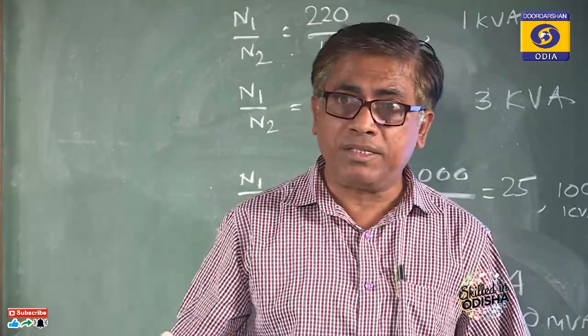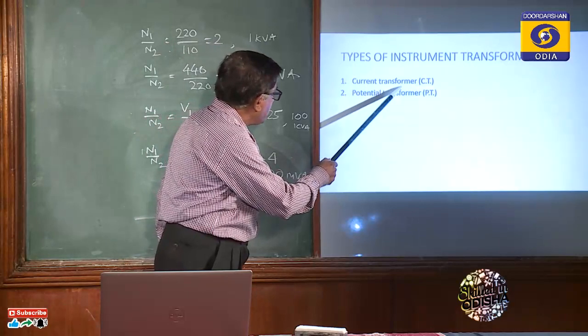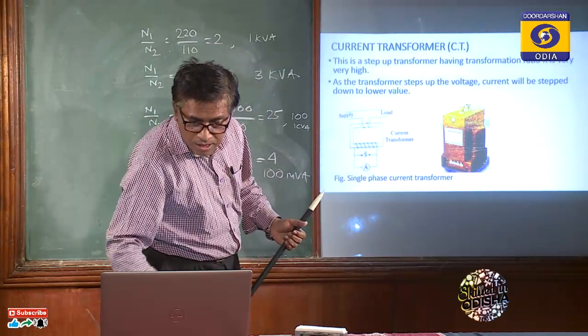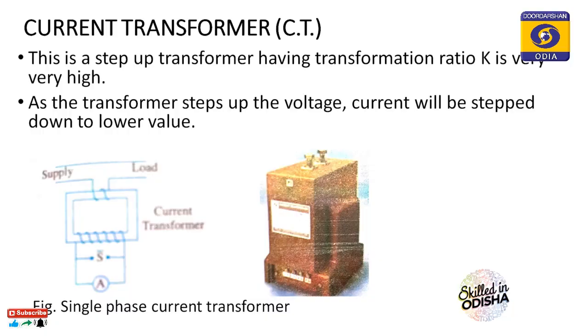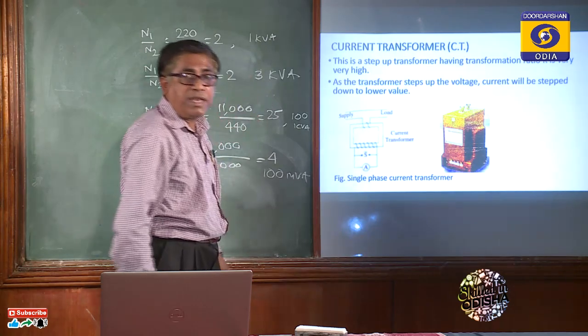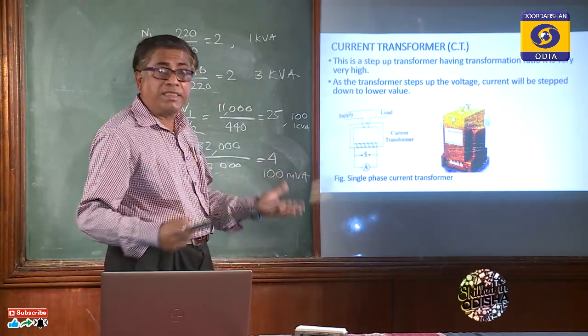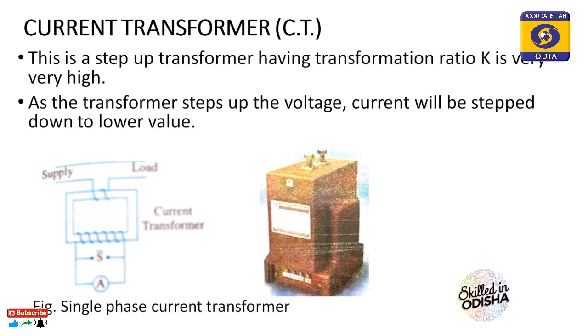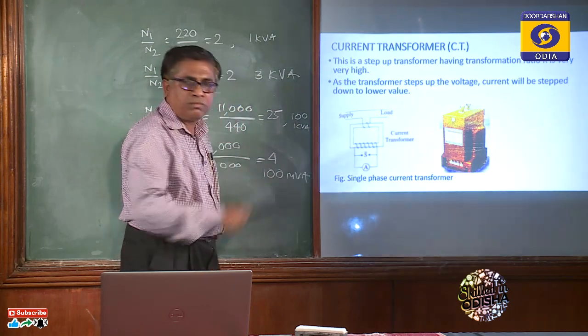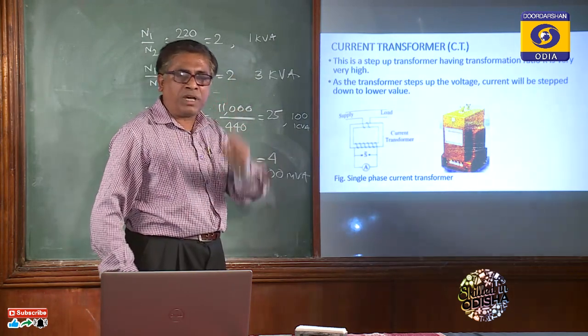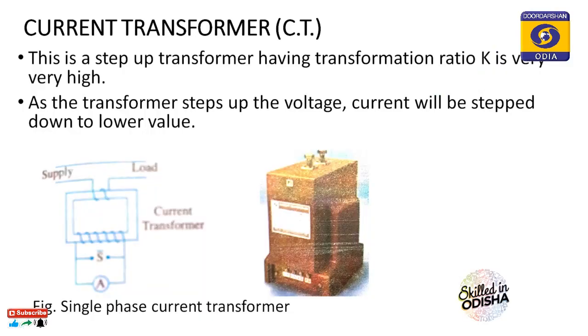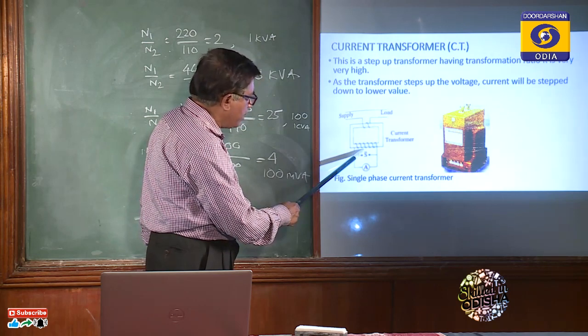Now what is the basic difference? It is a step-up transformer having secondary side turns very, very high and primary side turns very, very less. You may ask me, sir, how many? Now if this is 1, this may be 2000, minimum 1000. You see, this is your circuit diagram, transformer core, this is your primary winding, this is your secondary winding.